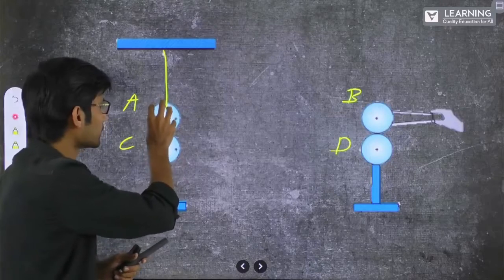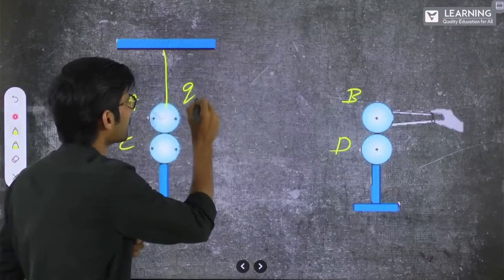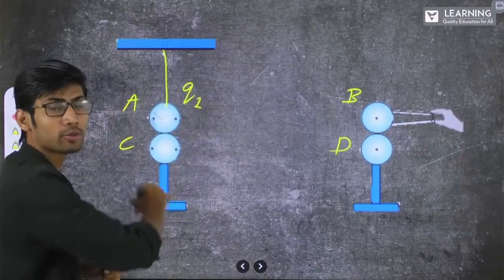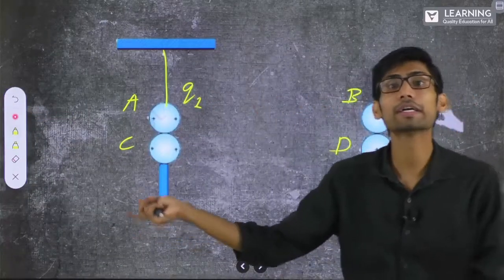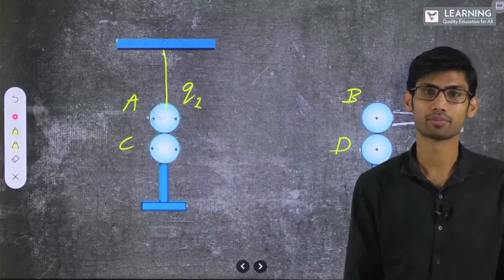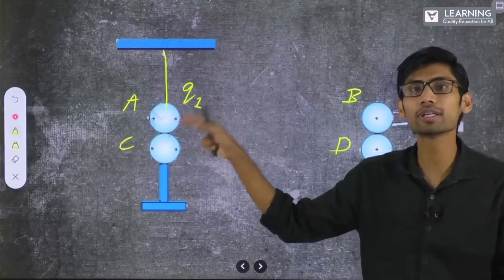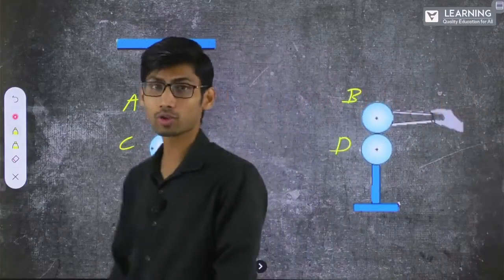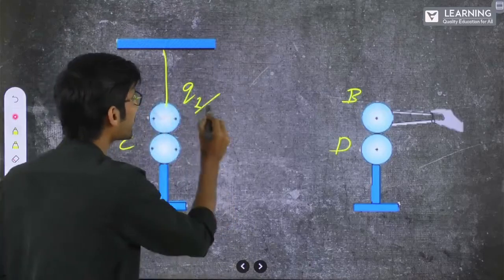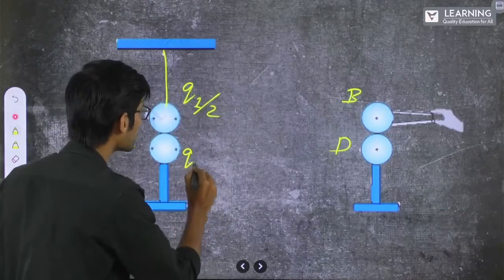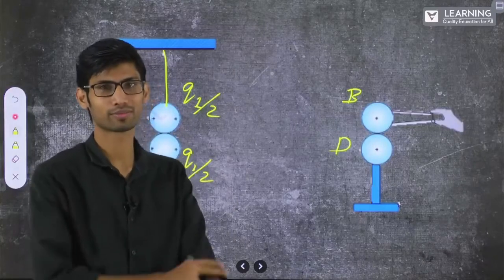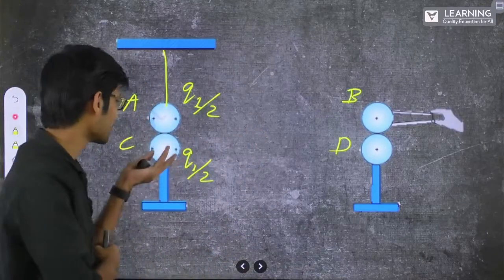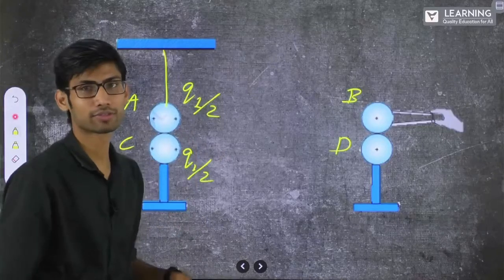the charge was Q1. Now, this entire Q1 will be distributed between both the bodies, distributed equally because the sizes are same. So how much charge? This will become Q1 by 2 and this will also be charged by Q1 by 2. Charging by conduction, if you remember from the first session. So this is basically charging by conduction which happened.